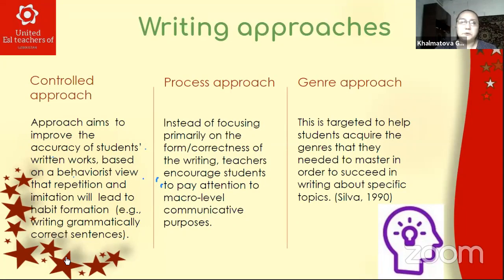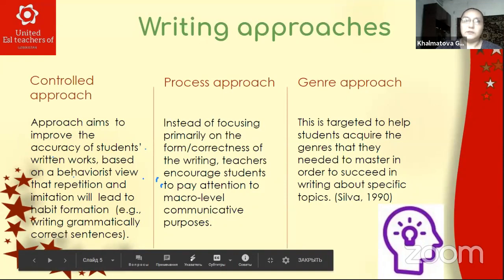Okay, and the next approach, I think, is something connected with stylistics. Stylistics is also important in writing because we have different kinds of writing, academic writing, narrative writing, and in this way we should teach our students how to write academic essays, or how to write, for example, a story, short stories, narrative stories, maybe their own experience stories, and maybe also journals. It is very important to teach them that stylistics also. These are the things which I want to say about these three types of approach.